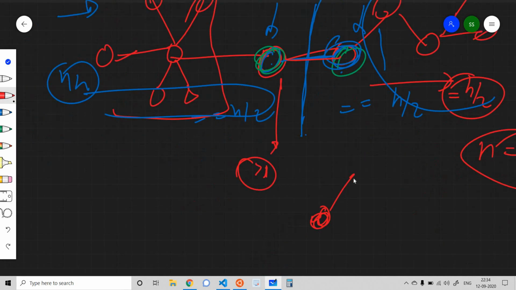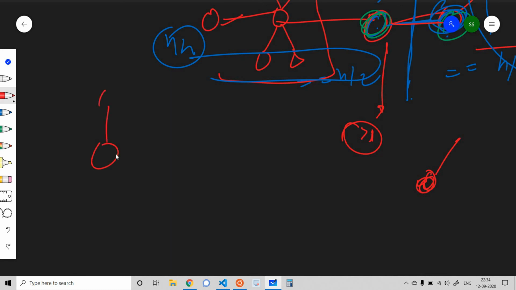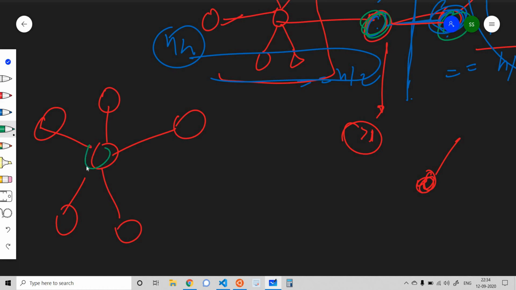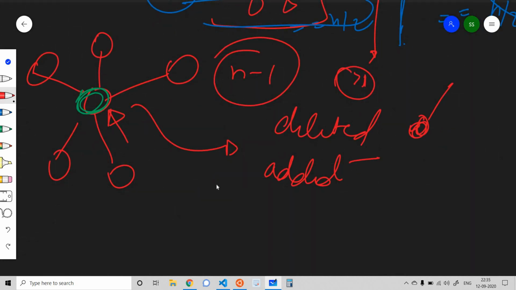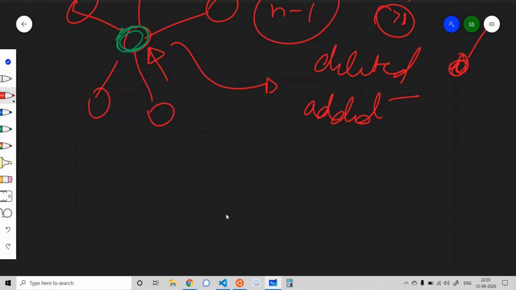Let's see what I've done. If we have only a unique centroid, that is only one centroid, let's say this is the centroid, then in that case I just pick any edge from my n-1 edges and delete it, and after deleting it I add the same edge. We do not need to do anything different here, as we have a unique centroid in this case. So the other case can only be when we have two centroids.